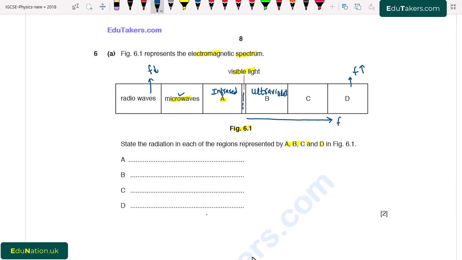And C is X-rays, while D is gamma rays. Gamma rays have the highest frequency, that's why they are the most energetic among all of these. So I write here